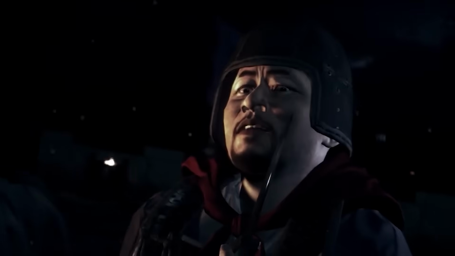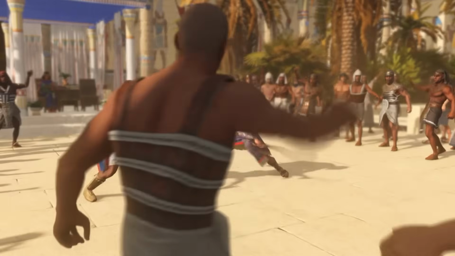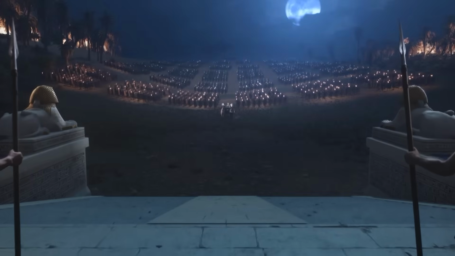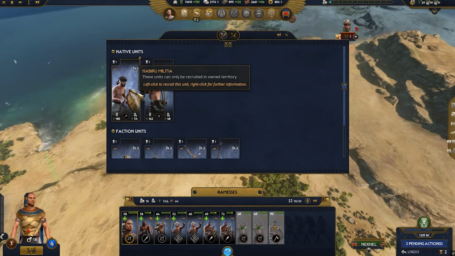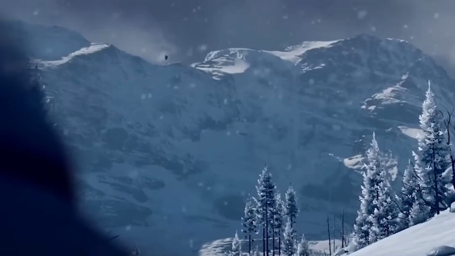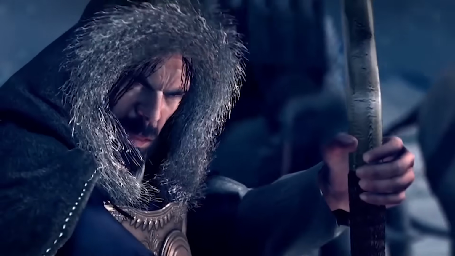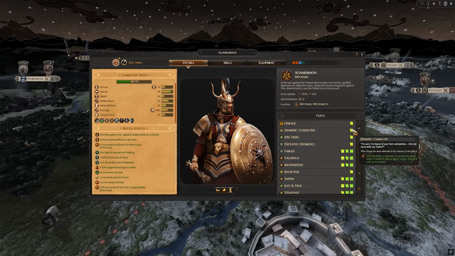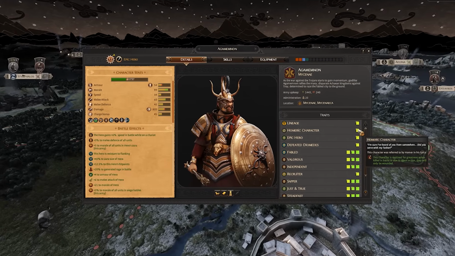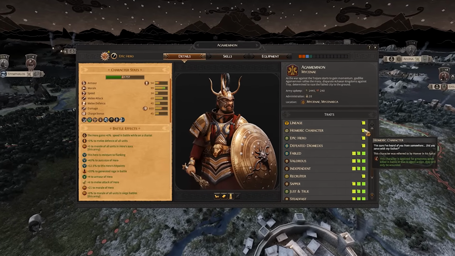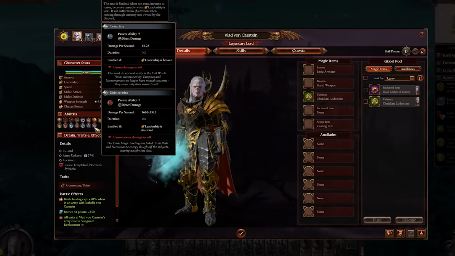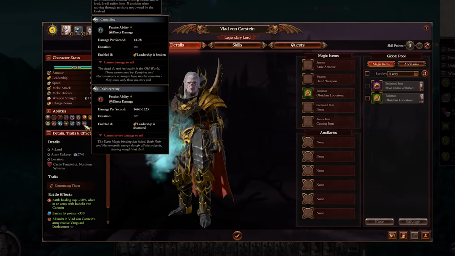The Warhammer games have been hugely successful, both critically and commercially, and they've changed the direction of Creative Assembly as a studio. But that success has also had significant consequences for how CA designs and approaches its historical games. What once set them apart from the fantasy titles has gradually been eroded, with more and more mechanics, systems, and design philosophies lifted directly from Warhammer and applied to the historical games.